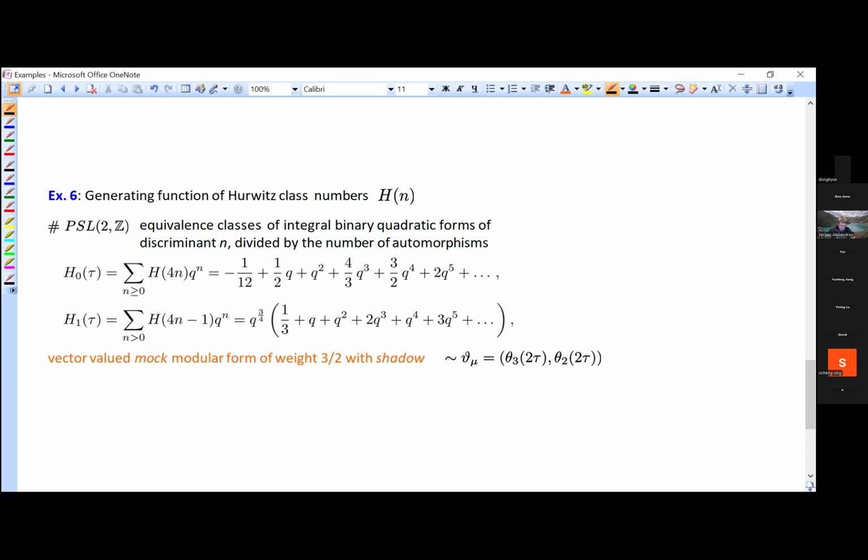And if you split them in two kind of subseries, so you take H of 4n and 4n minus 1, and it turns out that 4n minus 2 and 4n minus 3, they are all 0. So you don't miss anything. So you split them in these two subseries, and you define two components, two generating functions. So these two generating functions, they form a vector, two-dimensional vector, which transforms as a vector-valued mock modular form of weight 3/2. And the shadow in this case is given by this vector of theta functions,